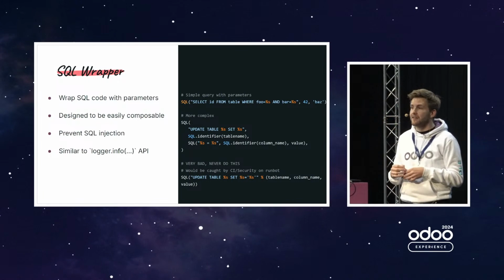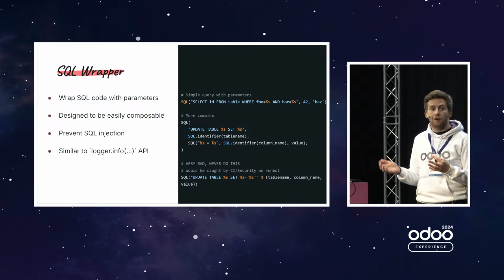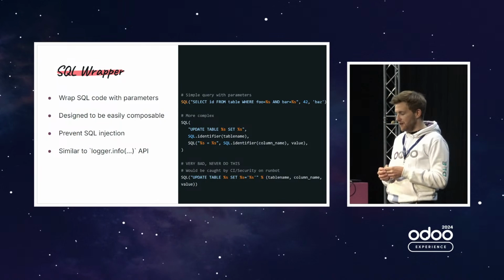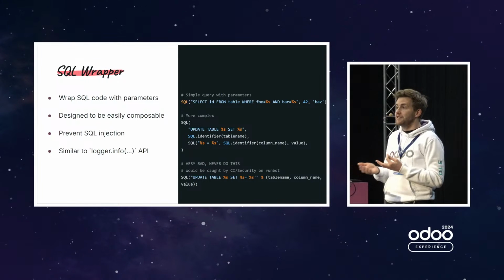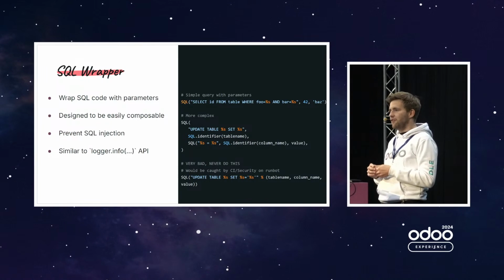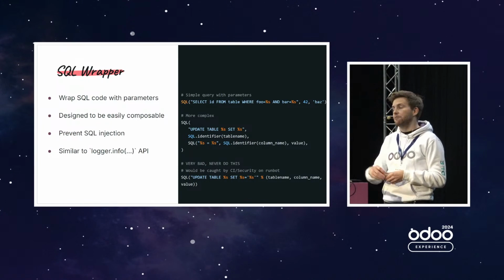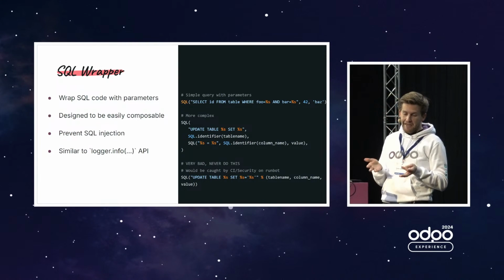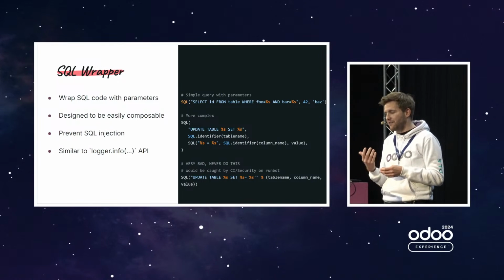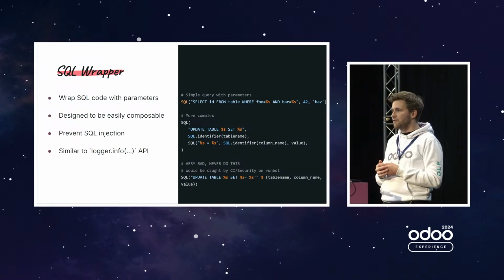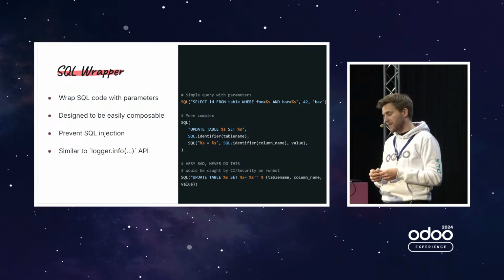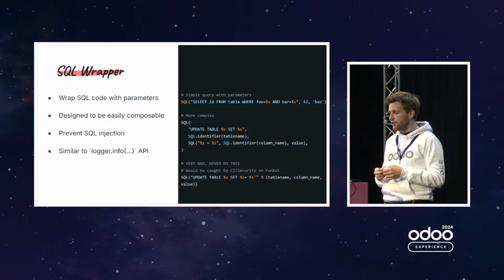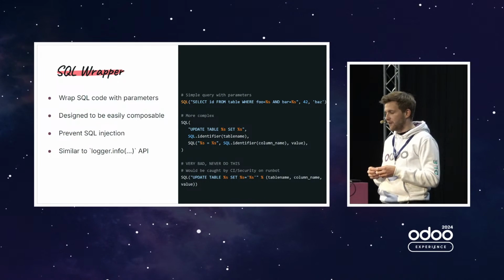You would think that SQL injection is something from ages ago, but it still happens. On the App Store, when we sometimes open an app randomly to see if there are vulnerabilities, we can see a lot of SQL injection in those apps. We are, of course, warning the authors of those apps. We believe that nowadays no developer would introduce SQL injection into the code, but it's still the case. We introduced this tool quite a while ago, but now we are using it more and more frequently in Odoo.